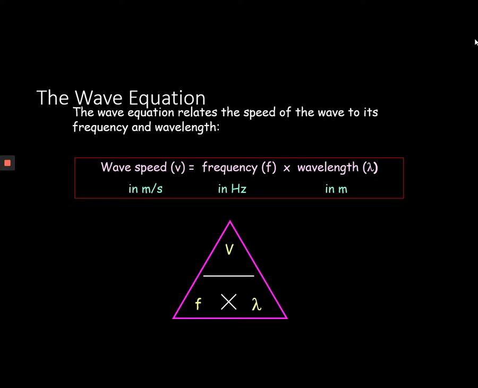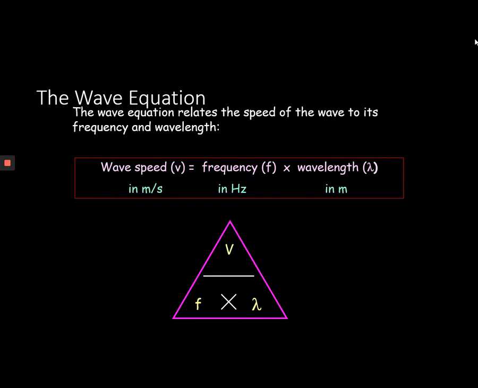Okay, so you could put that into a triangle if you prefer to use the triangles. There's the triangle done for you. I'd cover up the thing on its own, which is wave speed, and I put the other two in. Because it's frequency times wavelength, they have to go on the bottom of the triangle. That leaves room to put v back in. So just imagine put your thumb